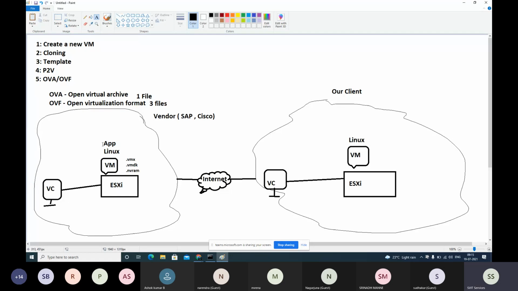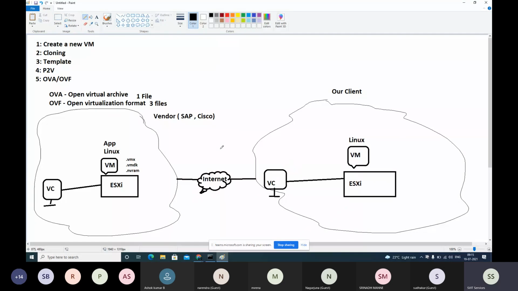Then how do we bring this virtual machine into our client location? They have to copy all these files, one file at a time, and we have to download one file at a time from the internet. So 7 to 8 files, nvram, vmdk, vswp, the vmware.log file, all the log files that belong to this VM should be shipped.